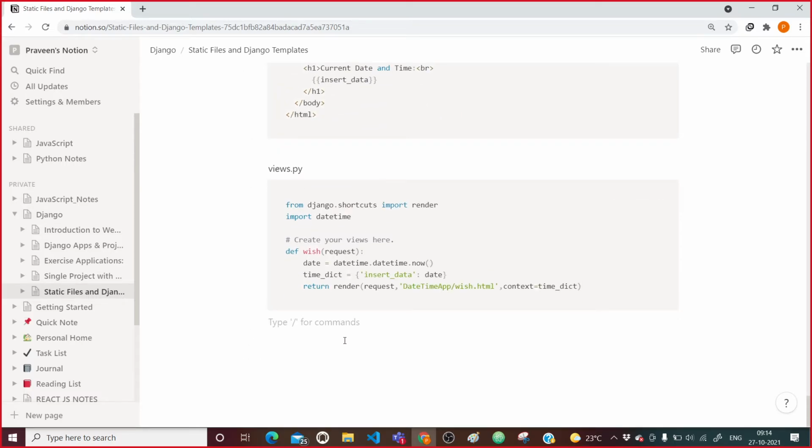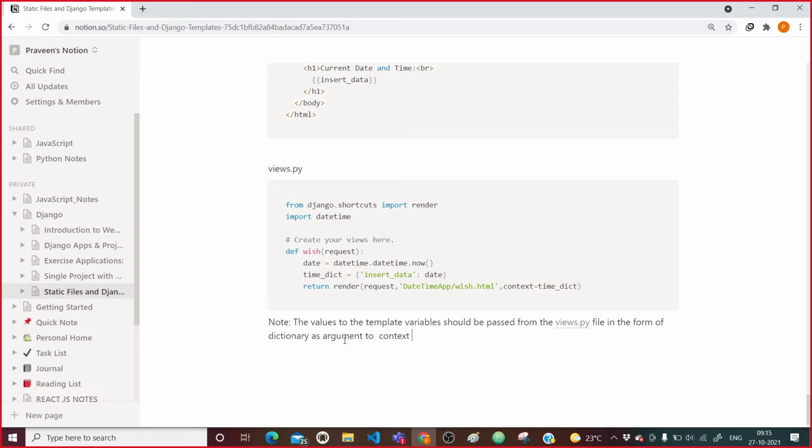Here first of all I will note that the values to the template variables should be passed from the views.py file in the form of a dictionary, as an argument to the context attribute of the render method or render function. Fine.